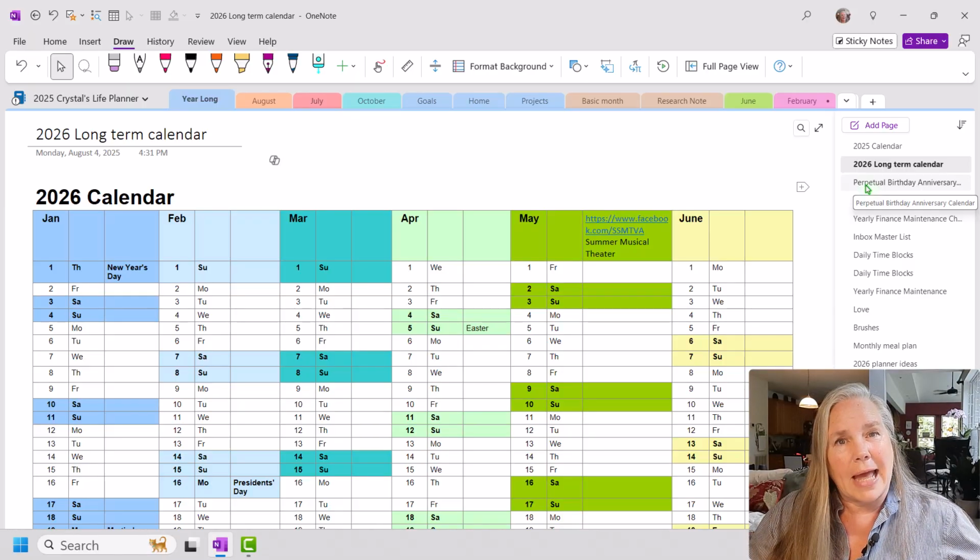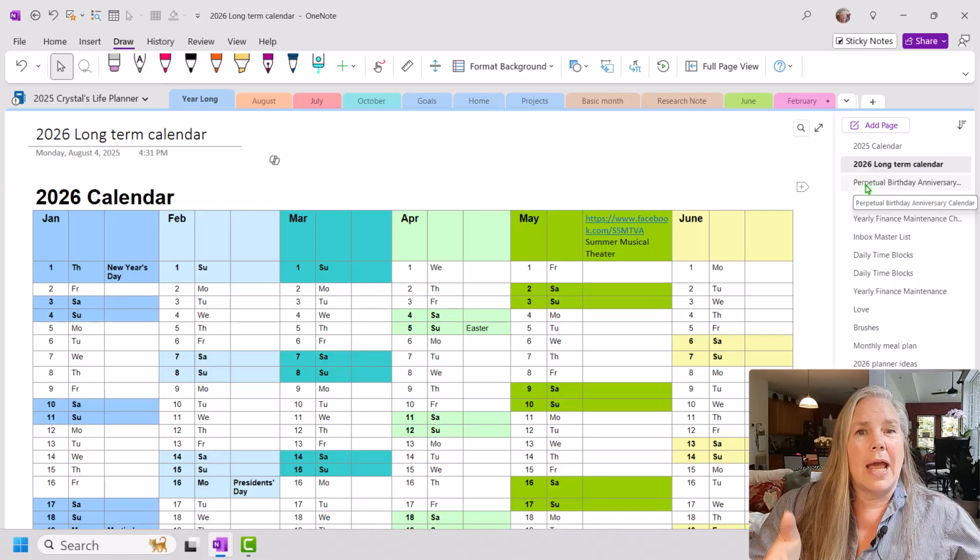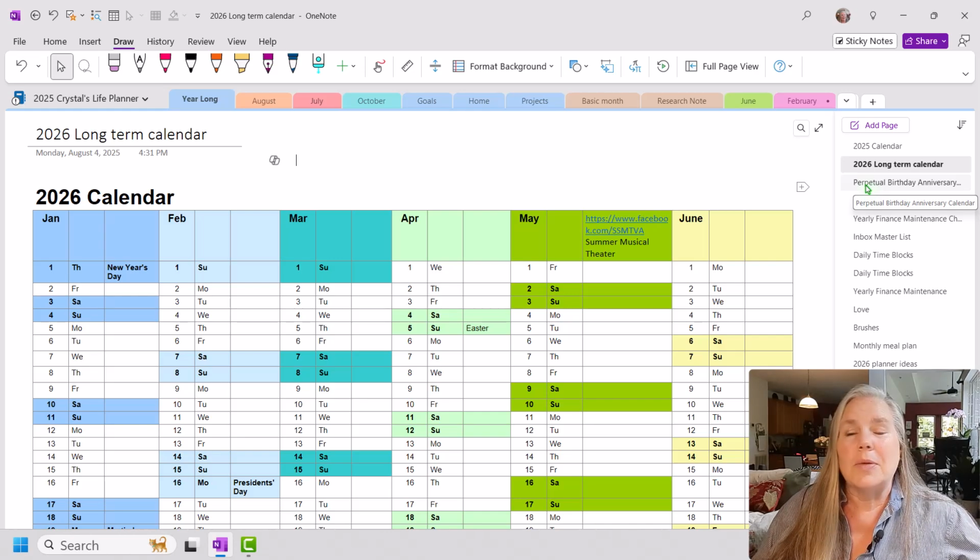And I carry this calendar forward every year, so that I always have it. If you went back to my very first 2019 planner in OneNote, you would see that perpetual birthday calendar. I don't want to have to recreate it every year. It's the same kind of layout that you see here on the screen.